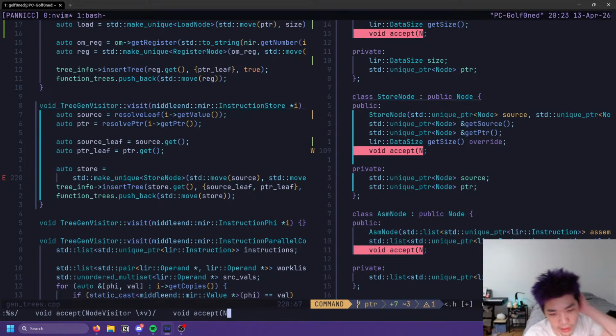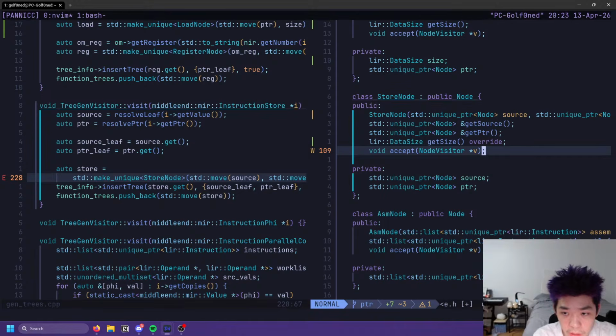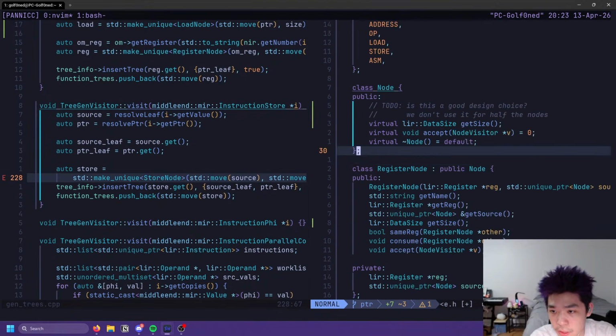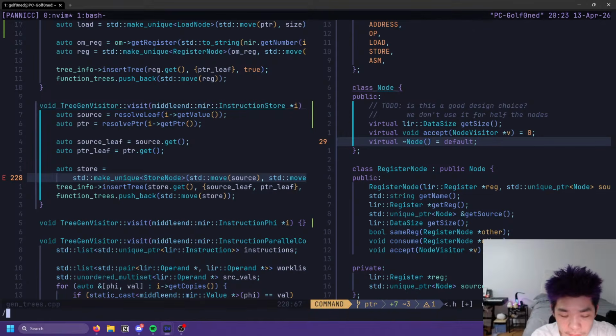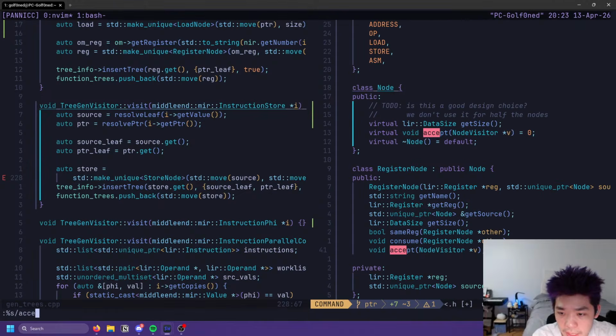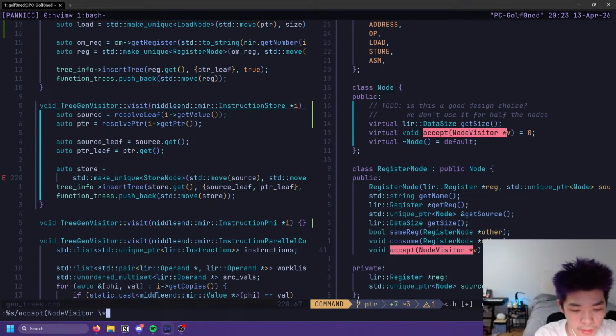I'm also matching the indent so we don't match the virtual void. Actually, now that I think about it, the virtual one is defaulted, right? So find all accept NodeVisitor star v or star v semicolon.